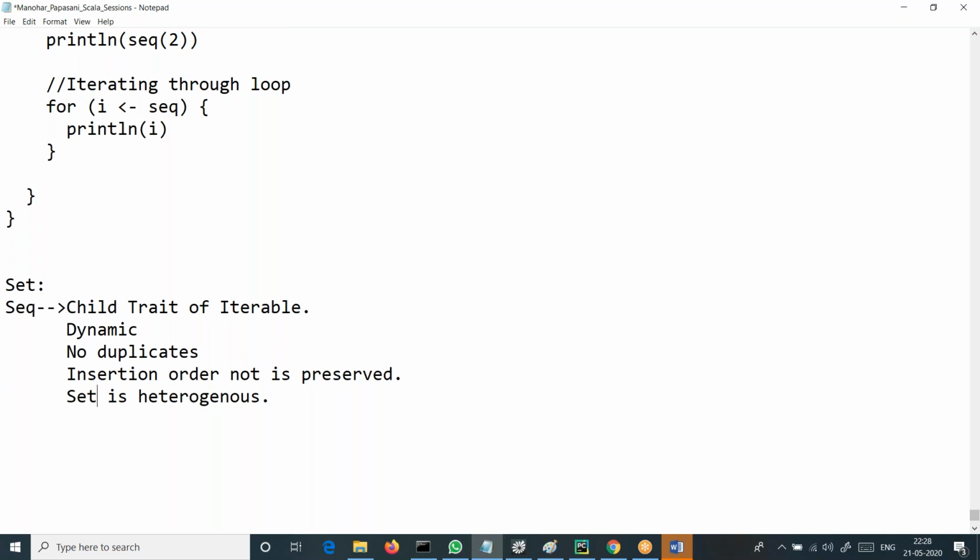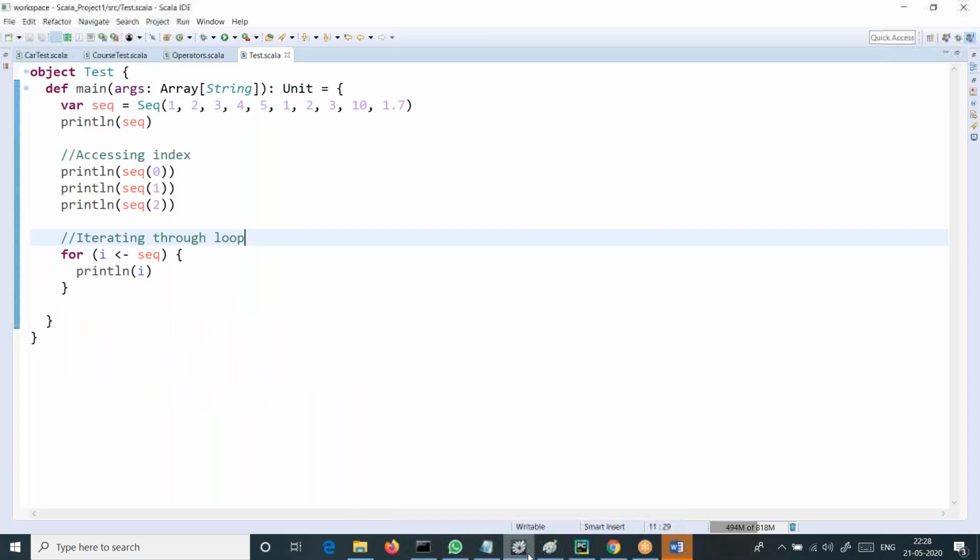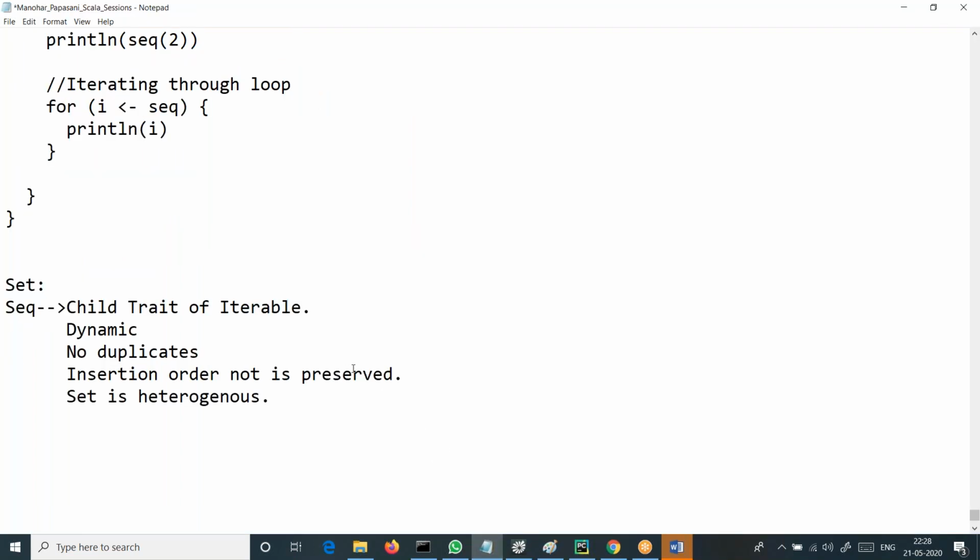Sorry, Manohar, can you just repeat the difference between sequence and set? Yes, no issues. See, the basic difference here is that sequence allows duplicates. You have seen that with the program as well, right, Bharat? Yes, yes. But set doesn't allow duplicates. We'll quickly check that. That is one basic and major difference, if you ask me. So no duplicates in set, but sequence has duplicates. That is one thing. Second thing,